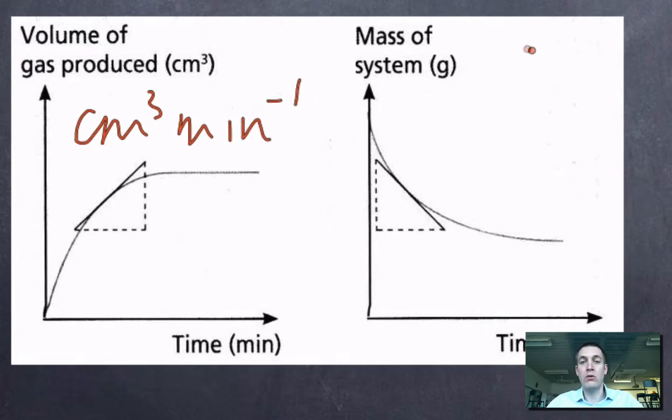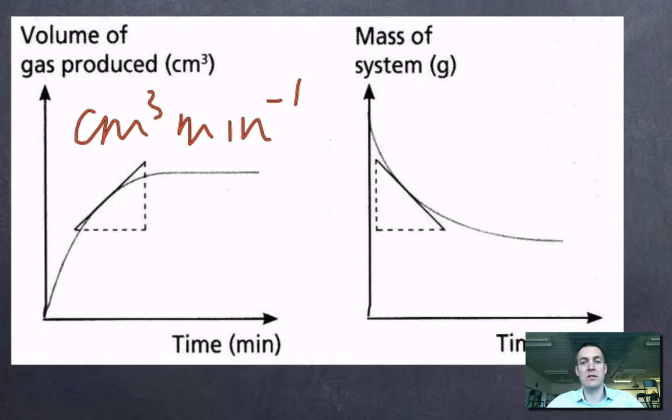Okay, or alternatively, instead of collecting this gas, we could just allow it to escape, and then the mass of the system would fall because one of our products is escaping. Obviously, the mass of the system in total would never change because matter can't be created or destroyed. Okay, but